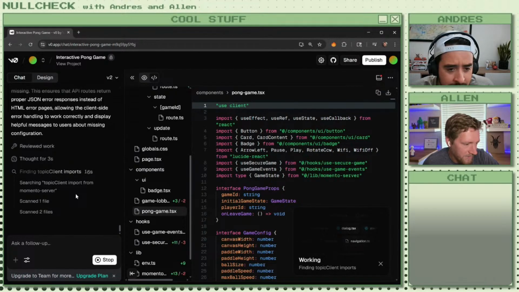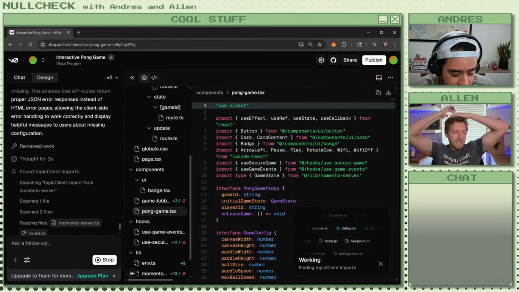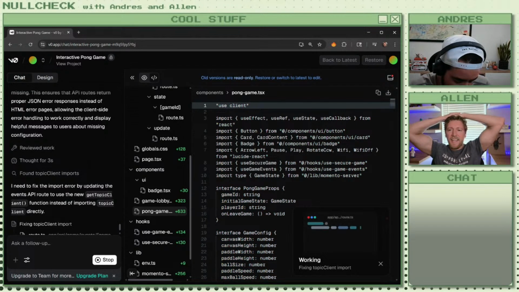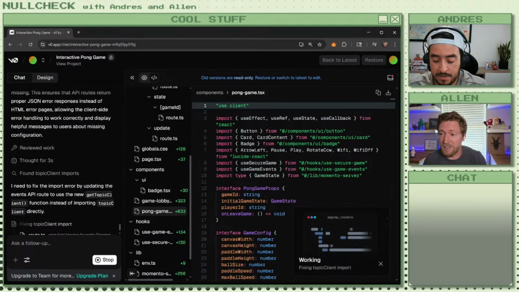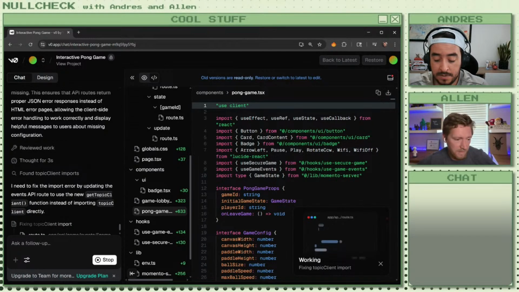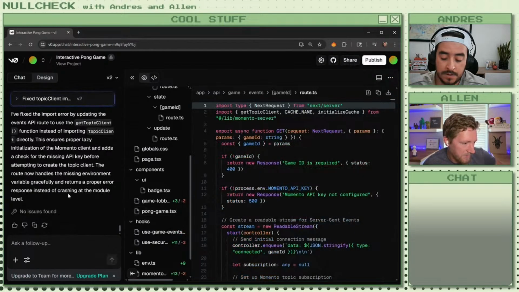It's still trying to remove Memento from there, which is really annoying because I didn't ask it to do that. It didn't really give us an opportunity to say no to that decision. It just said, you know what, this isn't good. I'm gonna do it my way. Okay, let's see.